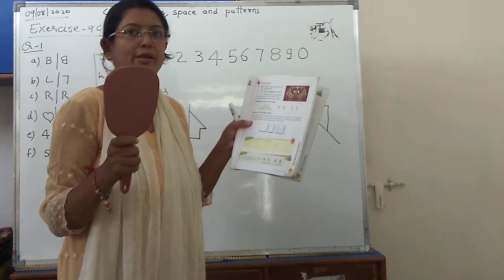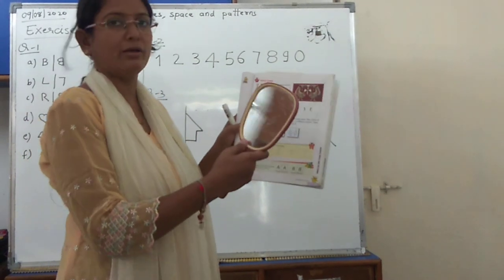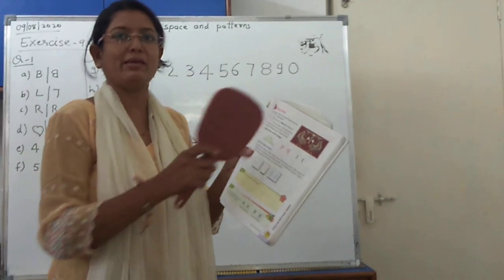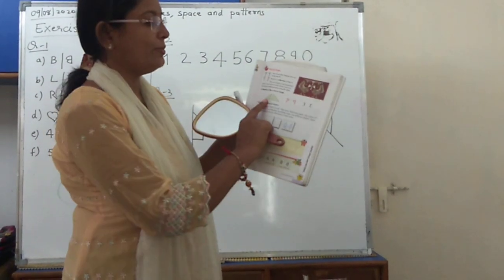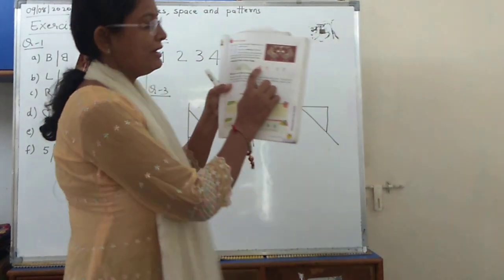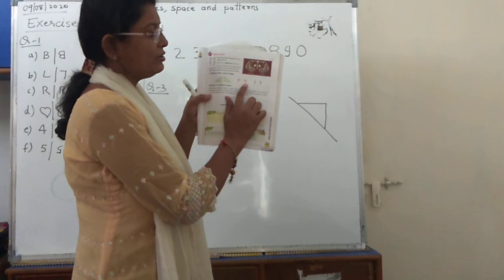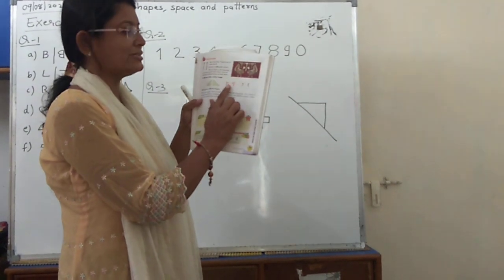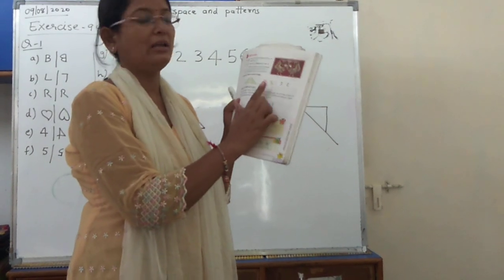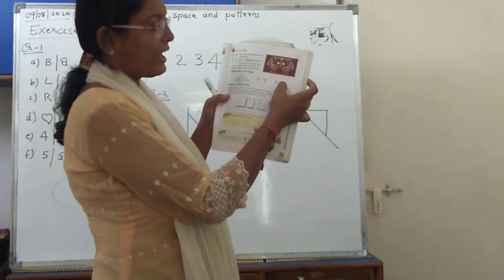Please do it. I don't know if it will be clear to you here, because I am showing you in the mirror this way. But if you see by yourself by keeping a mirror, you will be able to see the other part of the picture. When you write P and keep a mirror here, you will be able to see this mirror image. This is called reflection of that picture. And 3 will be seen like this to you.